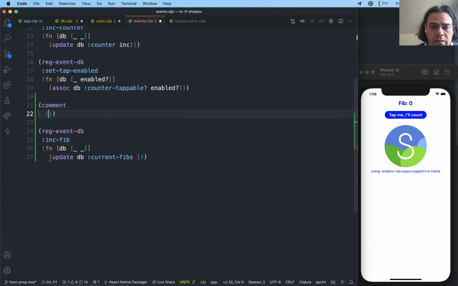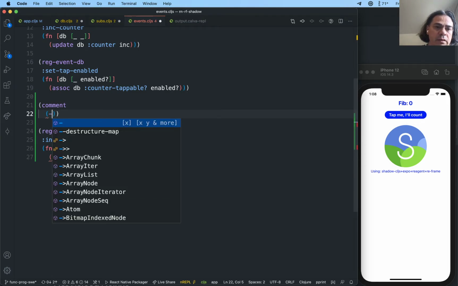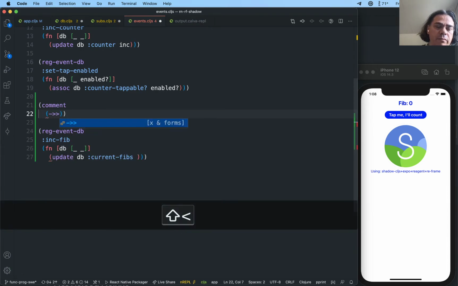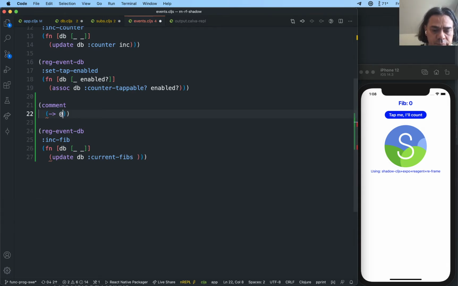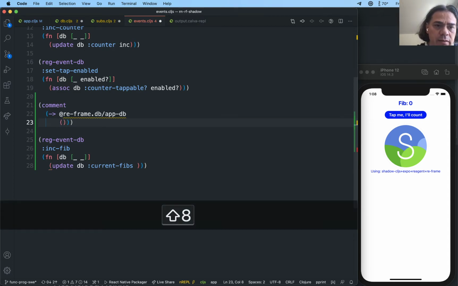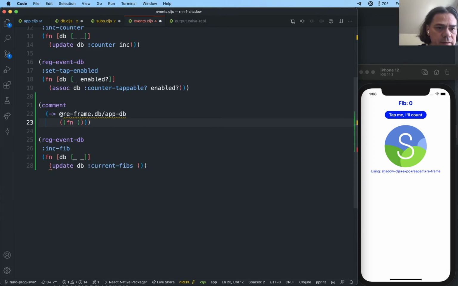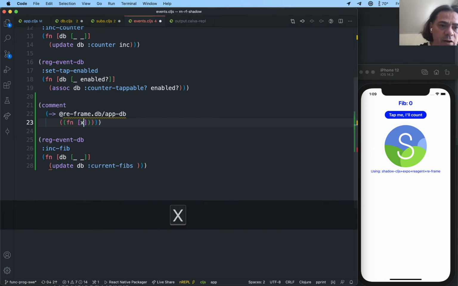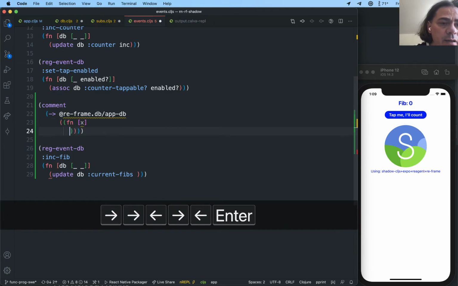So here we can do the same thing as we do. If we have a first, then we have the database. We take the frame DB, app DB. That's the first thing we start with here, and then on this we can call our new function. I can do a new function here, and since it's a lambda, right? The red parentheses here are a function call, so it will call this. If we just take this argument we have in this function and return it,